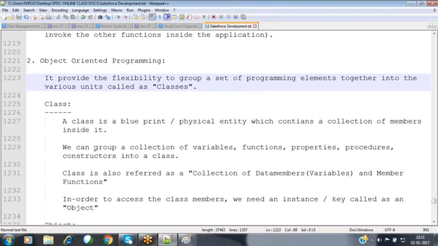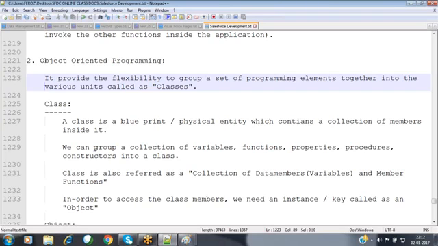Those members may be variables, functions, properties, procedures, or constructors. A class is like a cupboard. Inside that class, whatever members you have placed, if you want to access those members, we have to define an instance. Nothing but we should have a key. That key is nothing but an instance, that is, an object.